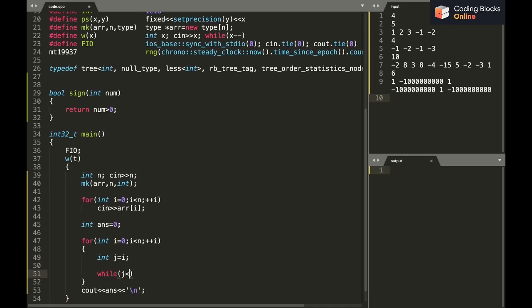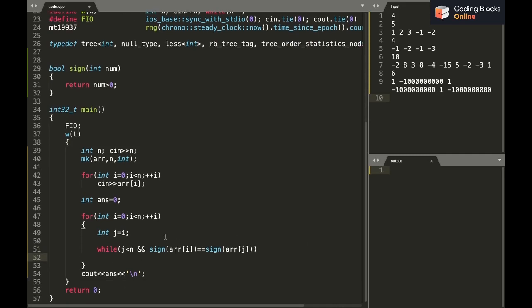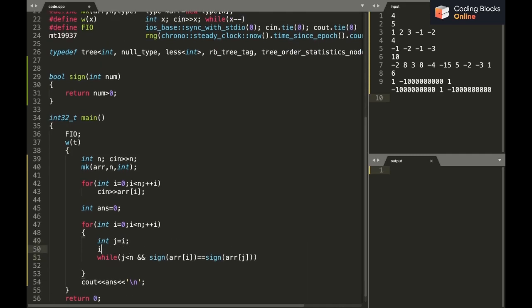While j is less than n, that means it is in the range, and the sign of arr I should be equal to the sign of arr j, and out of all these numbers I want the maximum number, right? So I can initialize my maximum, let's say mx, by arr I, and I'll just keep doing mx equals max of arr j comma mx, and j plus plus, right?